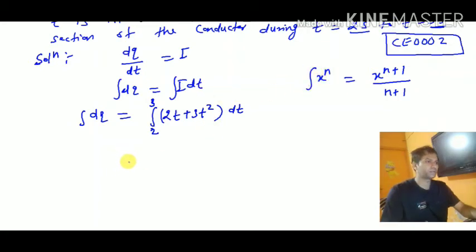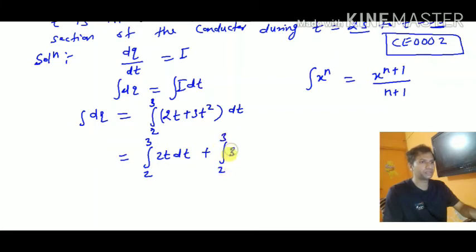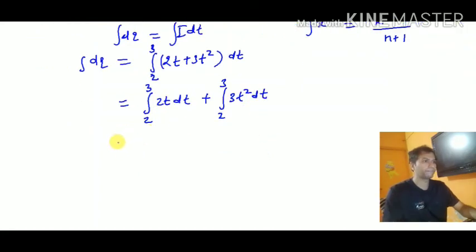Okay, now let's integrate. So when I integrate it, I can write like this, integral 2 to 3 of 2t dt, plus the same integral 2 to 3 of 3t square dt. I am explaining at a very basic level because PCB students will not understand it easily. Okay, no problem. Now see, here 2 will come out and we will integrate this t dt. Now by default I can assume there is power 1, t raised to 1, nothing but t. So what I can write? t raised to 1 plus 1.